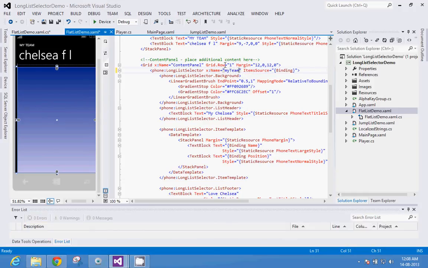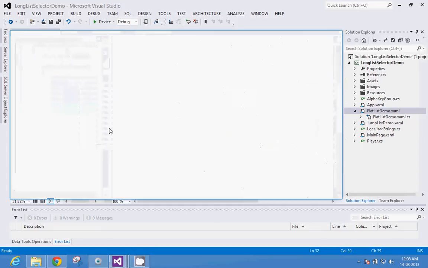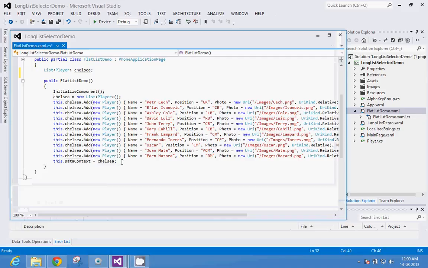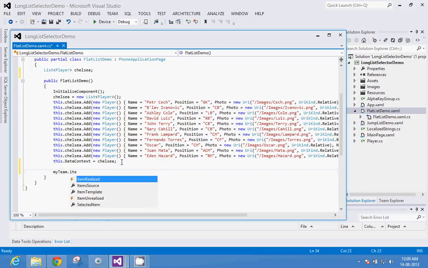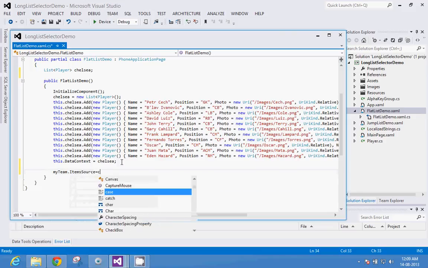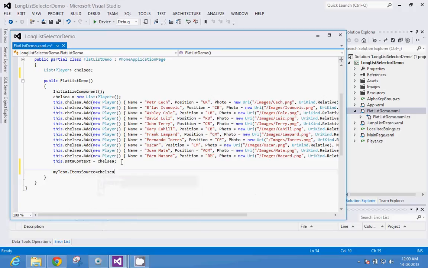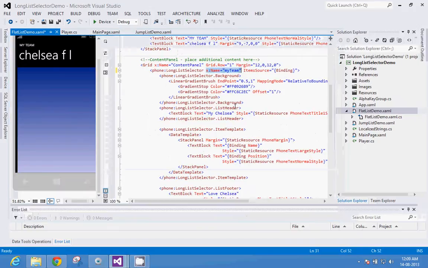Now that you have given it a name, what you can do is you can access this long list selector control in the code behind, and instead of setting the data context for the page, you can just say my team dot item source equal to collection name Chelsea. Even this would have been the proper choice rather than setting the data context for the page, but I'll just keep it for now. Now again, let's come back to XAML.